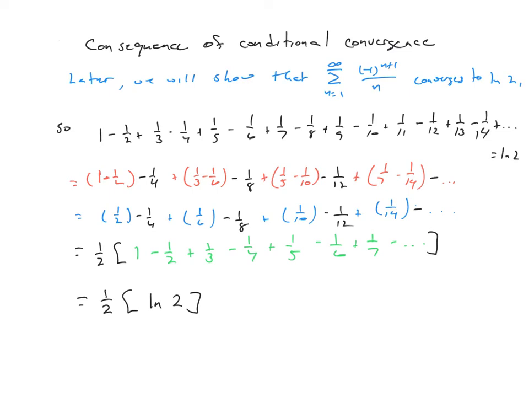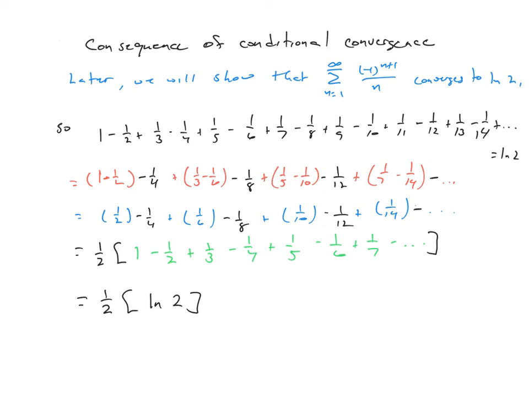Now, one of the consequences of conditional convergence: if a series converges absolutely, then the sum it converges to is the sum. It's not an issue. But conditional convergence has an interesting property in that a lot of times its terms can be rearranged and could give you a different sum. And so what we're going to look at here is the